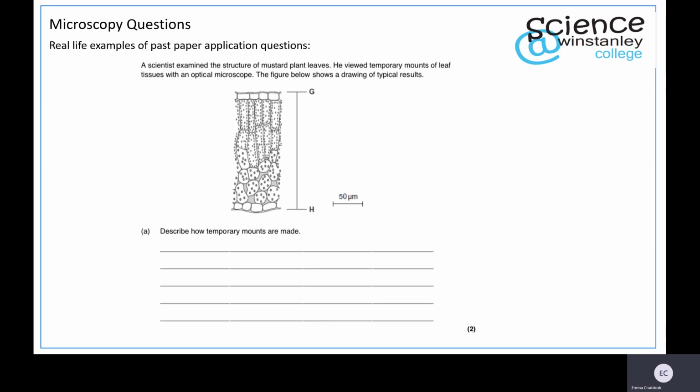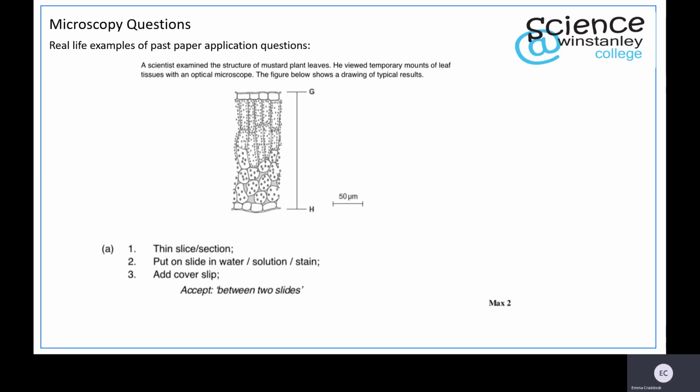So think of your onion cell practical. So this is where practicals will come into play. They don't always ask you directly, but they do expect you to know what temporary mounts are. Temporary mounts are microscope slides that you only use temporarily. So for example, the onion slide, you'd make that and then you'd wash it and use it again. So to do this,